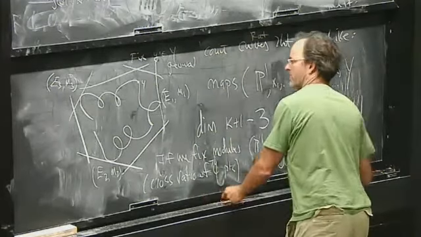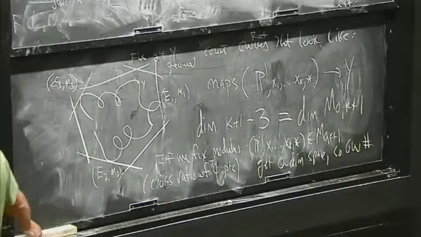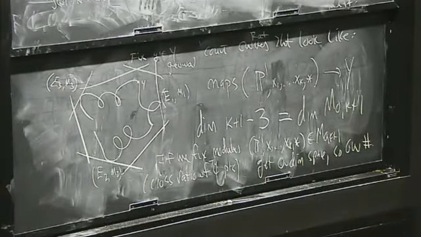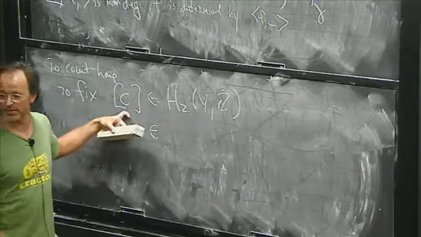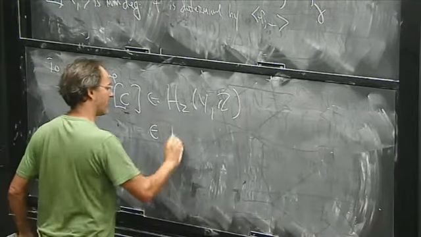So what I really need to do is, you need to do Gromov-Witten. Just to count, you have to fix the topology of the thing. So to count, you have to fix a class. It would live in the homology of Y, but actually it will live somewhere else. Naturally, it will live in the Mori cone, because it is, after all, the class of a Riemann surface. So this will live in the Mori cone.